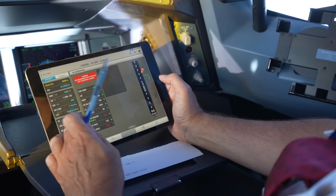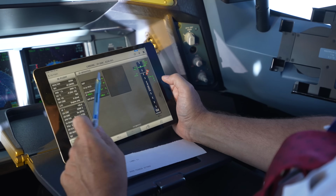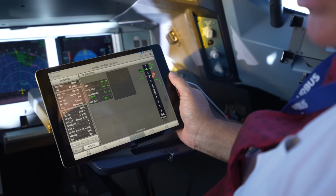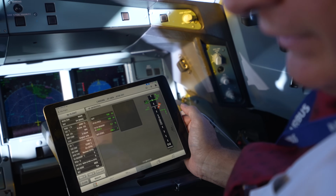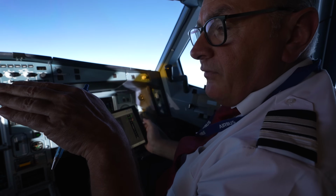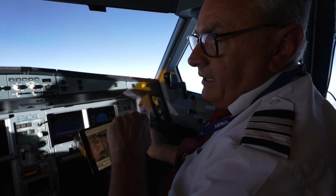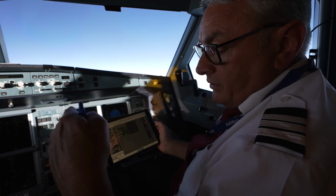So I'm just going to play with the figures and say, okay, let's do a config 3. So right now with config 3 we have 5.1%. We have 2 landing configurations in this aircraft, either full, which is equivalent to, let's say, the figure 4, or 3. And that means that the trailing edge flaps are going further down and are actually being used both as brakes